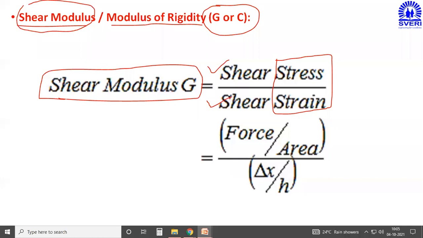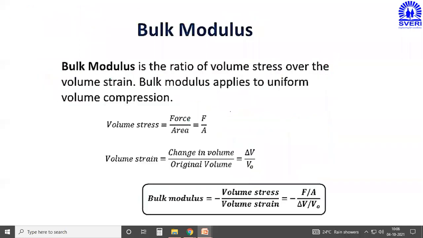So please keep in mind, shear modulus G is equal to stress upon strain. This is the common definition, but shear stress upon shear strain is called modulus of rigidity. This is the second elastic constant, and the third elastic constant is called the bulk modulus, indicated by capital K. Now, what is meant by the bulk modulus K? It has a very simple definition.